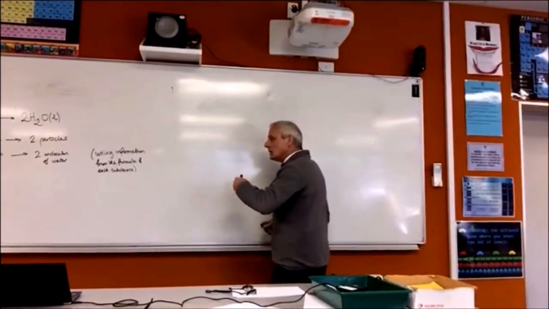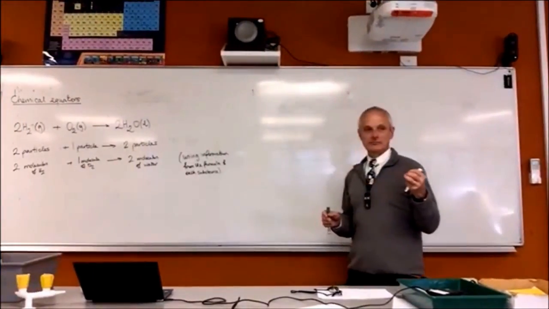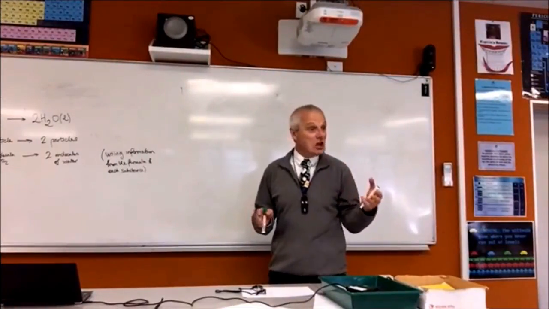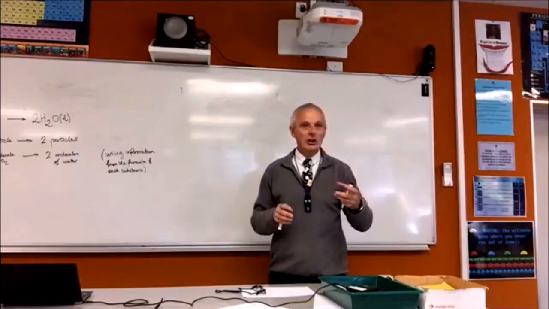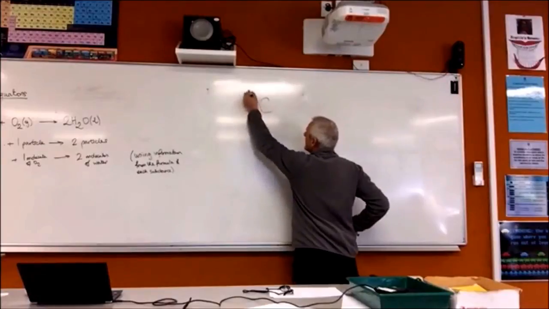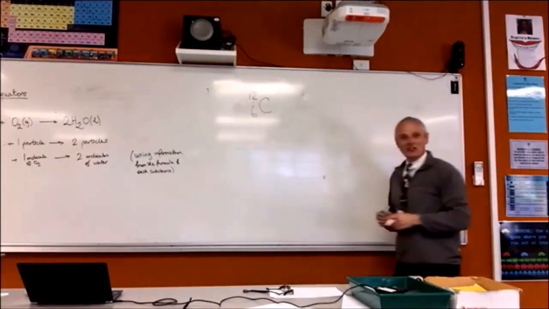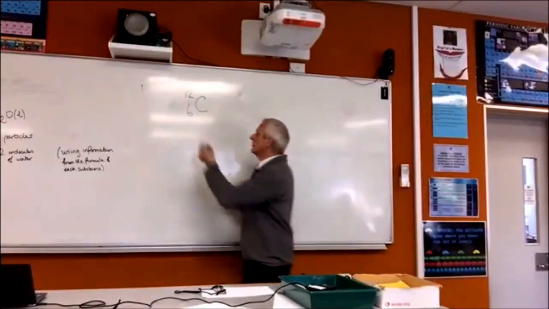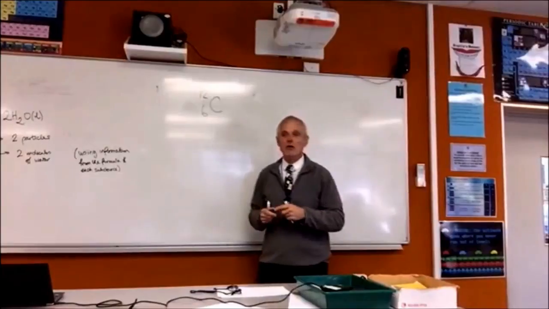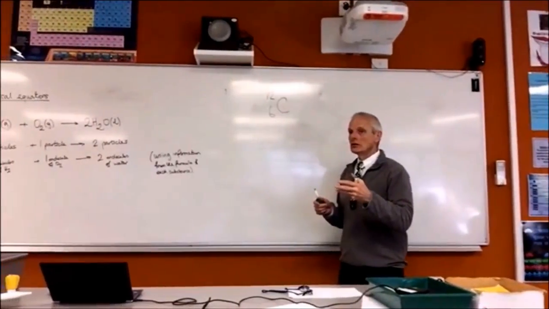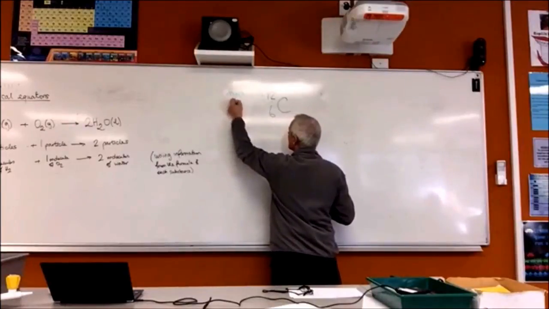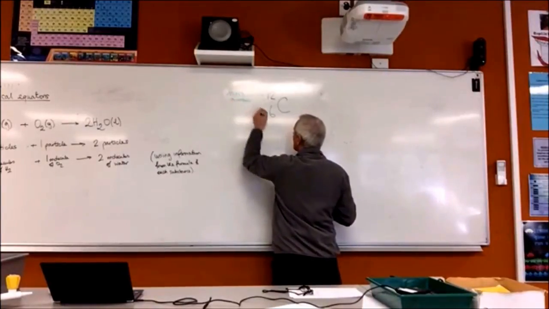Okay, so if we look at a single carbon atom, from the year 11 information that you've learned, we can represent its structure in a very simple way. And I'm going to do that now. So if I write it like this, what does that actually mean? What's this number at the top? 12. Yeah, okay, it's 12. What's that representing? Mass number. The mass number, okay? So that's the mass number. There you go. And this one here,